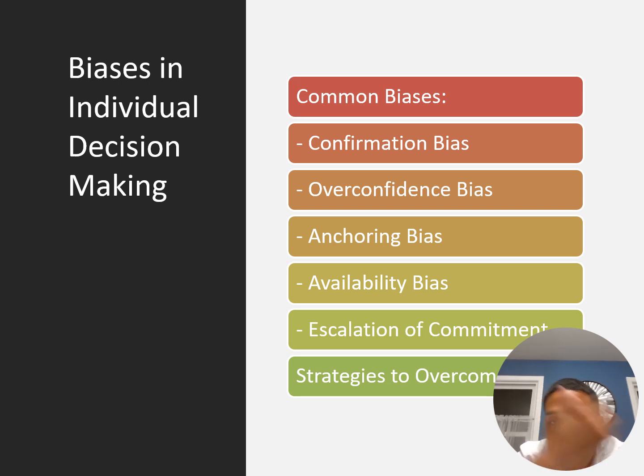Relying too heavily on the first piece of information, right? And other biases are availability bias, right? So that's basing decisions on readily available information, and escalation of commitment, which is continuing to invest